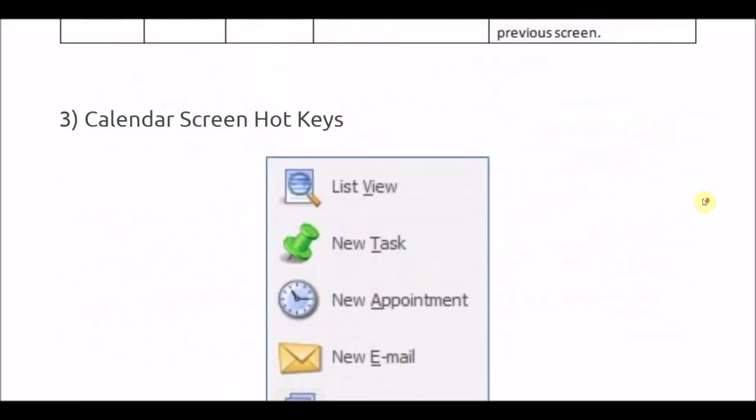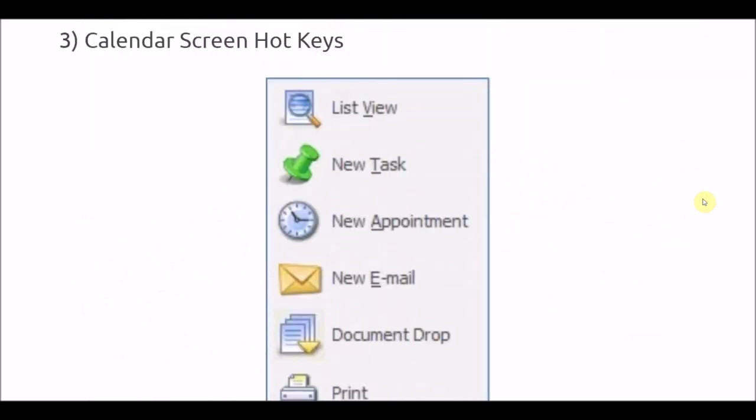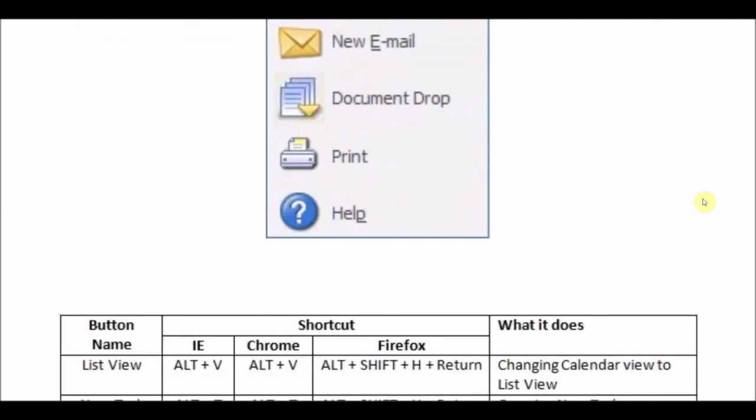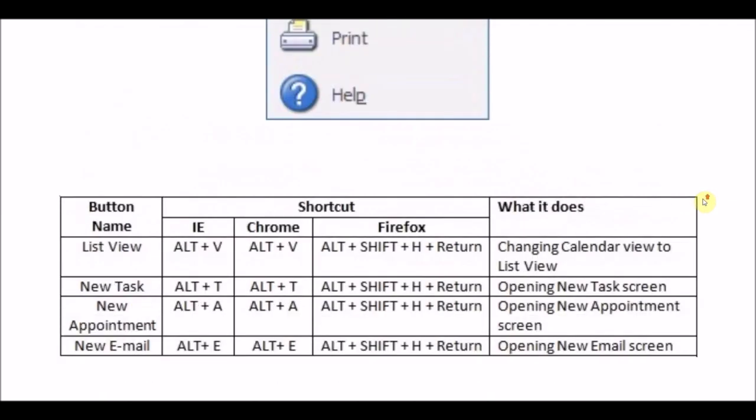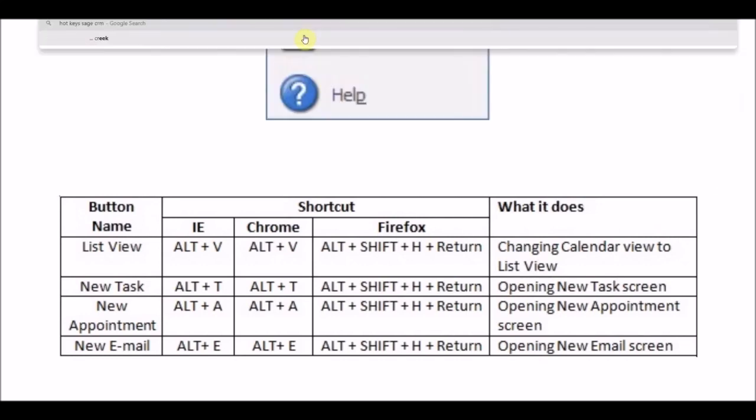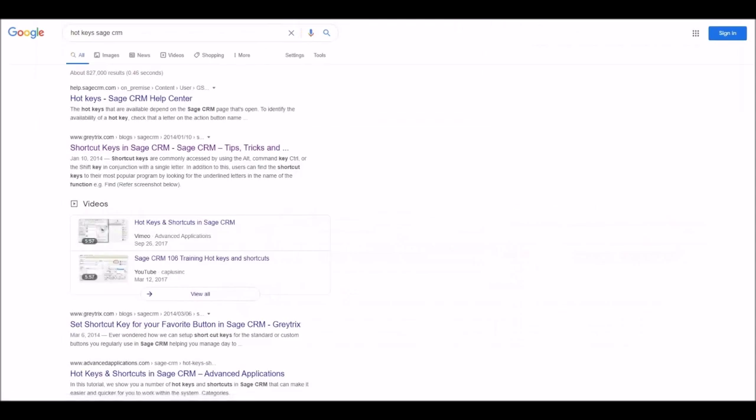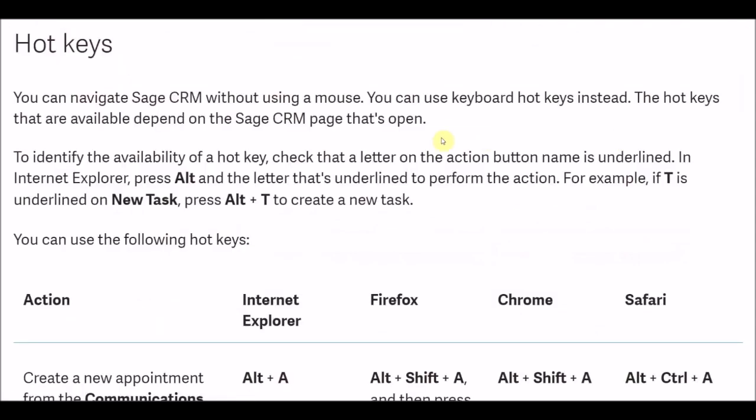You also have your calendar hotkeys. These ones can provide changing calendar view into list, opening your new task screen, opening a new appointment screen, and opening a new email screen. You can find a list of all hotkeys by navigating to